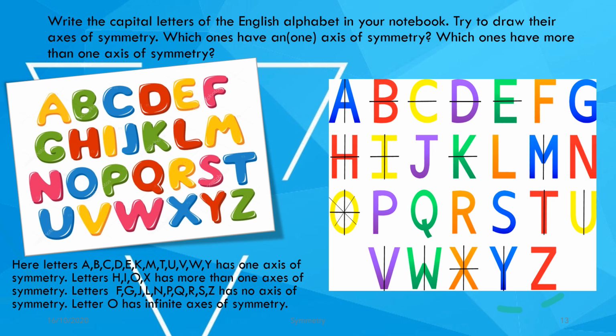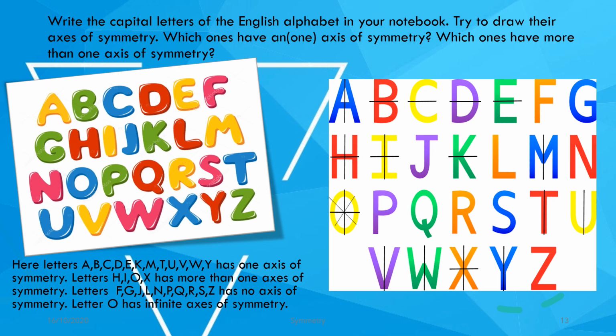Now suppose the letter A, I am dividing it in the vertical manner and I fold it. It will fall exactly on the other with the same shape and size. B, when I draw the axis of symmetry horizontally and I fold it, I'll get exactly the same. So similarly, C has one axis, D has one axis, E horizontally it has one axis, F there is no